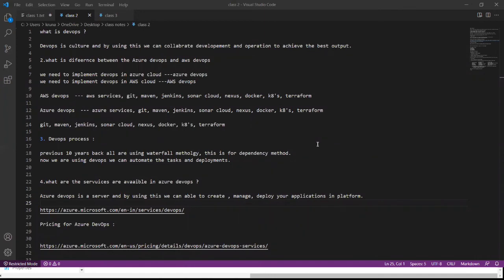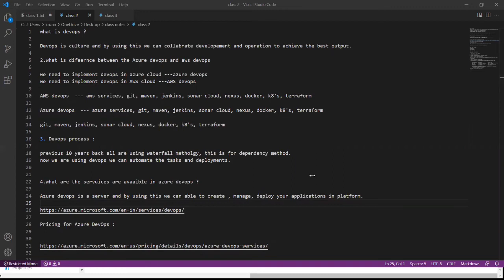Go to all services. If you are not deleting the group, it's okay. Resource group is not chargeable, but you have to delete all services, and there you get one field called hidden. Click on that hidden, tick mark it. A few hidden resources you will get there, and then delete.